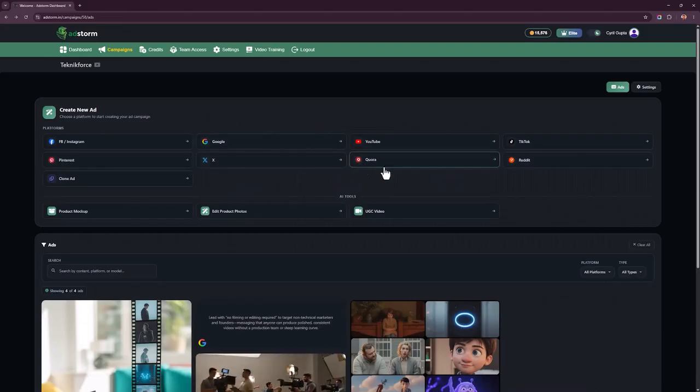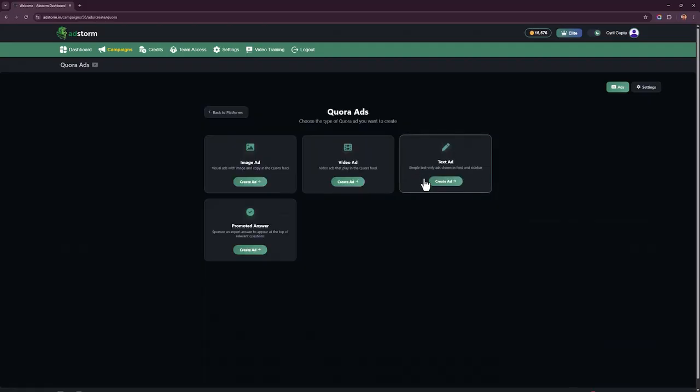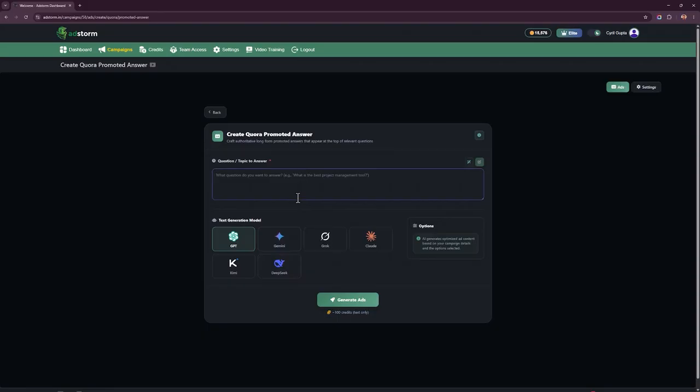And you can even advertise on Quora and Reddit. Think about this. Quora is one of the best platforms for high quality ads. It's got highly targeted SEO traffic, and you can tap into it. You can even create a promoted answer, which I think is one of the best formats on Quora. So click on create ad, just write a question. You can copy a question from Quora that is popular, that you want to target, maybe something in your niche. And I'm going to put something from here just by myself.